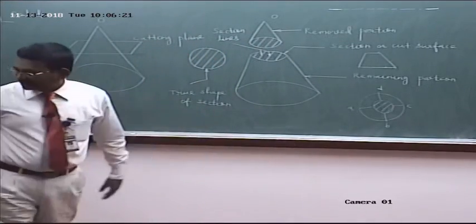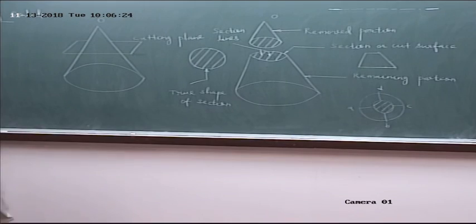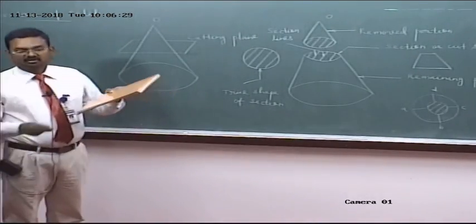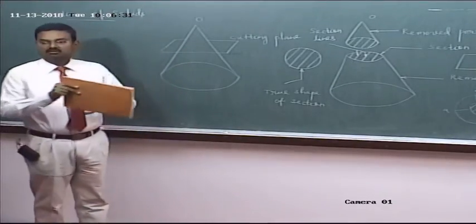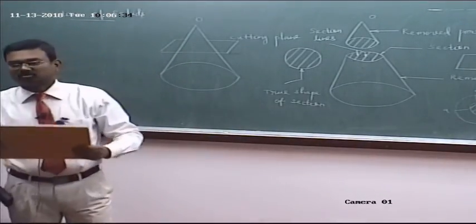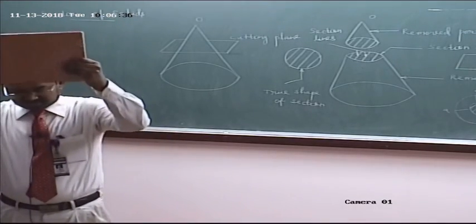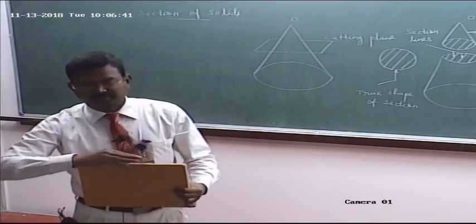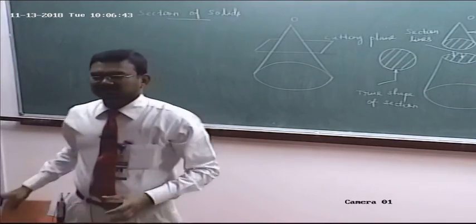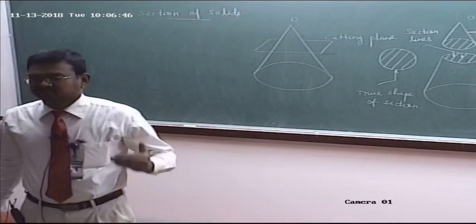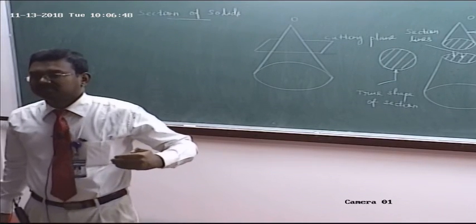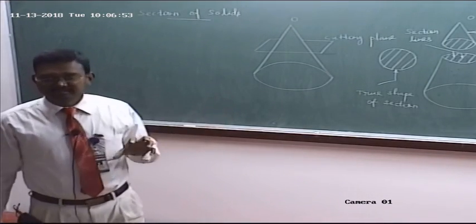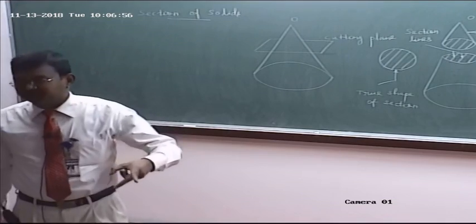Here the cutting plane is perpendicular to VP, parallel to HP. Imagine the cone is cut by a cutting plane which is perpendicular to HP, parallel to VP. So remove the portion between the cutting plane and the observer. Then what about the remaining portion? Draw the image of the cut surface with its remaining portion on VP. Here in this case you will get the sectional front view.